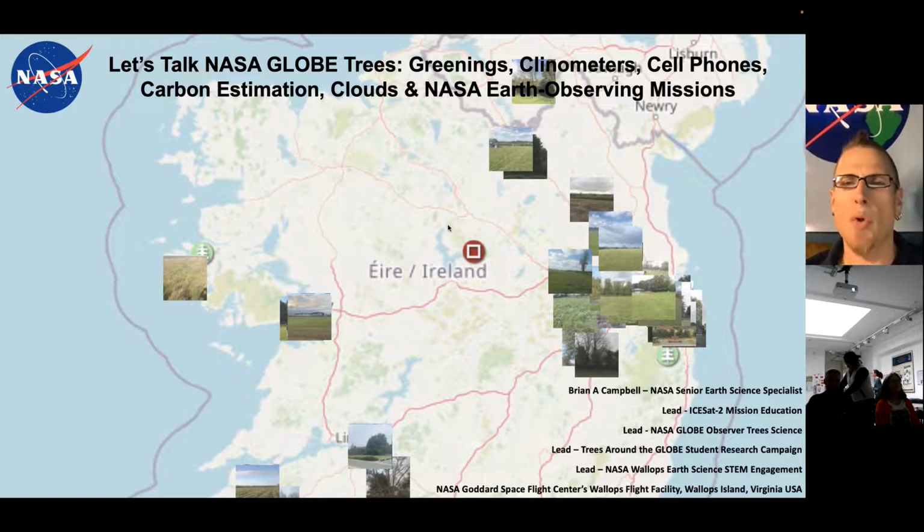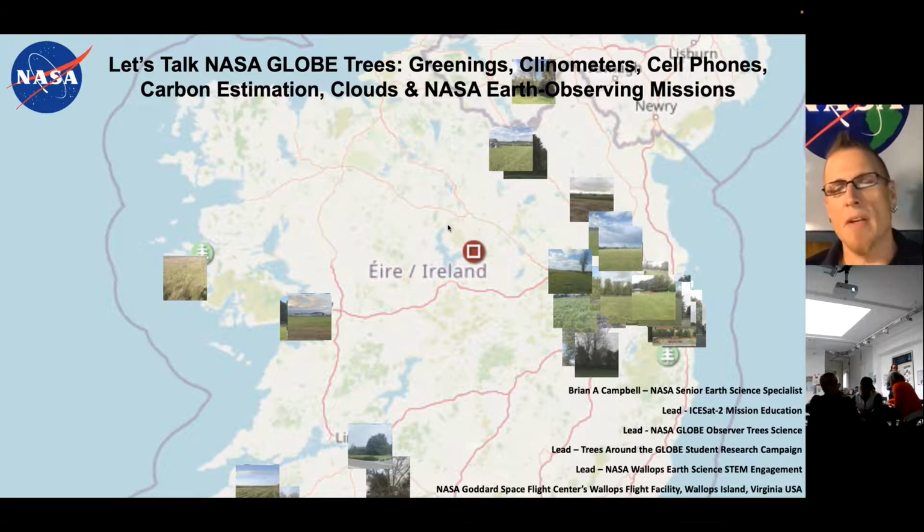And we have lots of online tools that we use at NASA to help visualize the data that we get instead of having to deal with raw data all the time. We have what's called level 3 and level 4 data, and we can visualize it on different things. And I'm going to show you an online tool called Open Altimetry. That's one where you can compare tree height observations that you do on the ground, using a clinometer or using the NASA GLOBE Observer Trees tool, and compare it to the NASA ICESat-2 mission's observations and measurements of